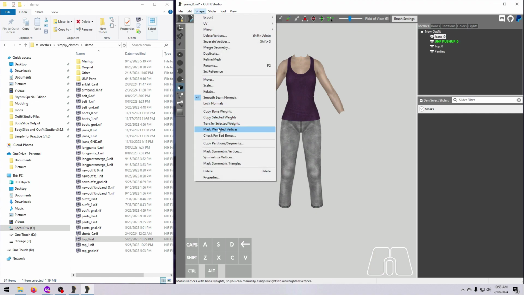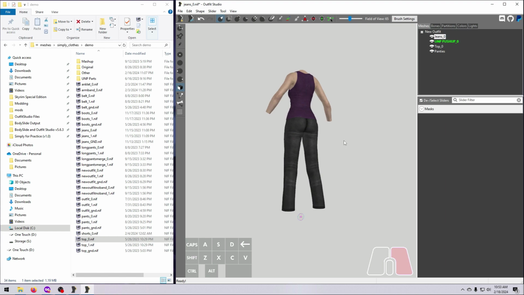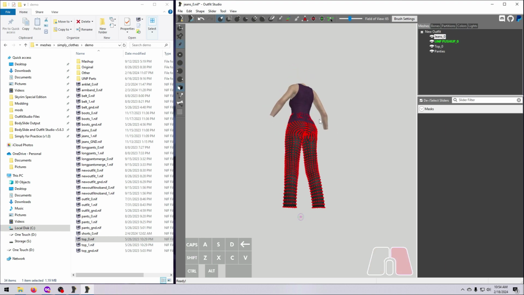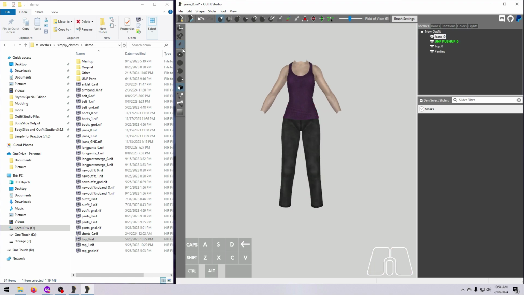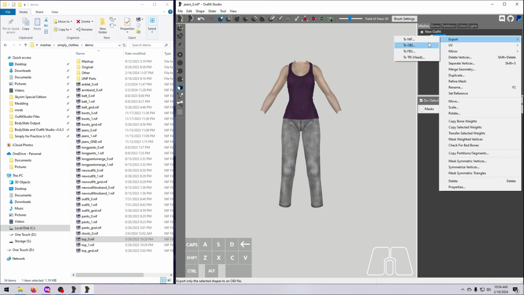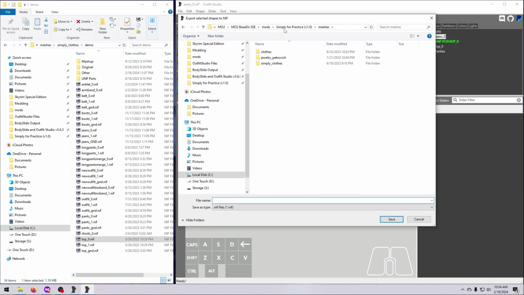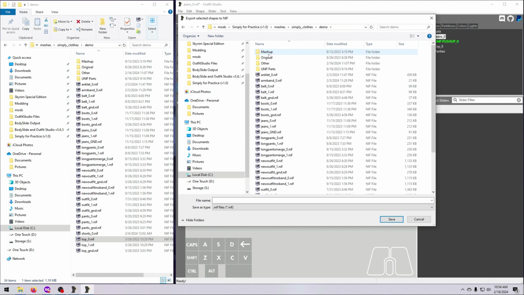Go to Shape, Mask Weighted Vertices, and then look to make sure everything is masked. If not, copy bone weights again and set the radius to 8 or higher to get all the vertices weighted. Then export the size 0 jeans as a new NIF. I'm putting it right back here in the demo mod. To save time, I'm going to change the existing file in the upper window here to jeans_0 old and save this new one as the correct file,